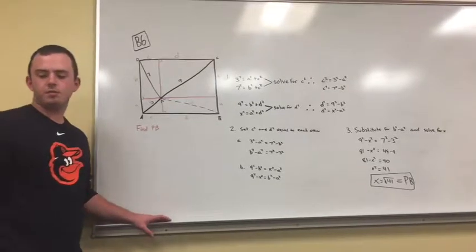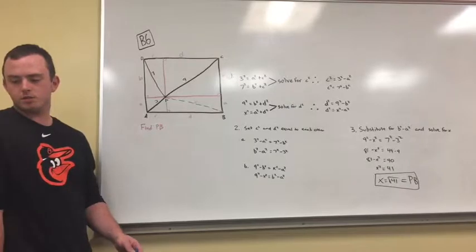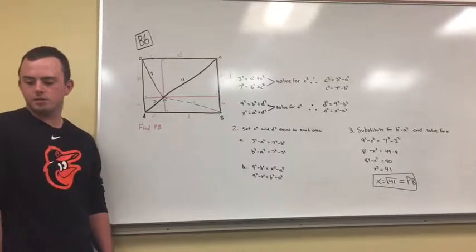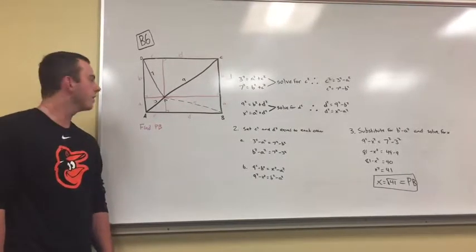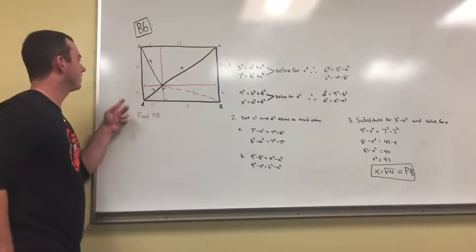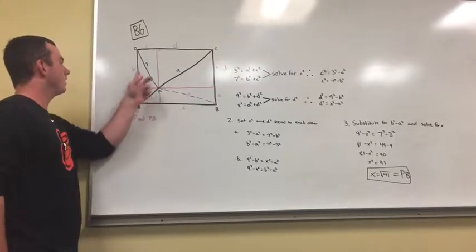So I had problem B6, and it says P is a point interior to rectangle ABCD such that PA is 3 inches, PD is 7 inches, and PC is 9 inches. Find the length of PB. So the black is the initial drawing of the rectangle and the interior point and the measurements of each of